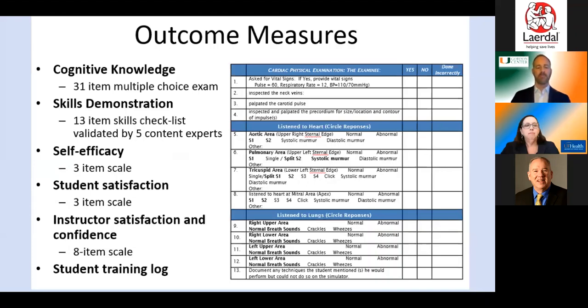One thing I would note about this study is that it would be very easy for any of you to replicate if you wanted to do a similar study with students that you work with. Maybe it's physical therapy, maybe it's respiratory therapy, and we would certainly be glad to assist you. So the overall approach, with those outcomes in mind, was to give a pretest, both a written and a skills pretest.